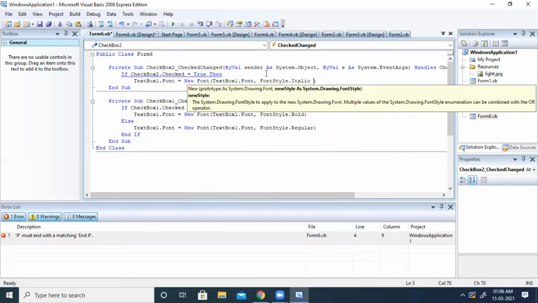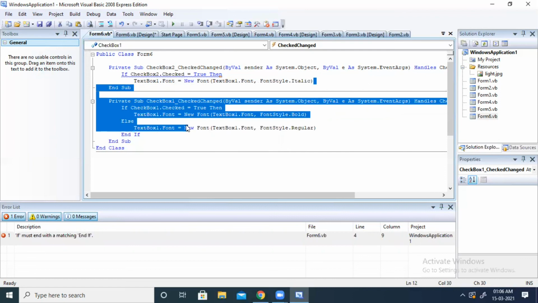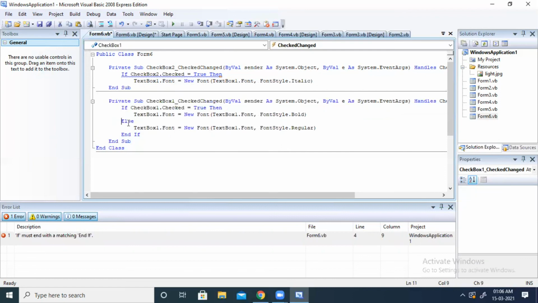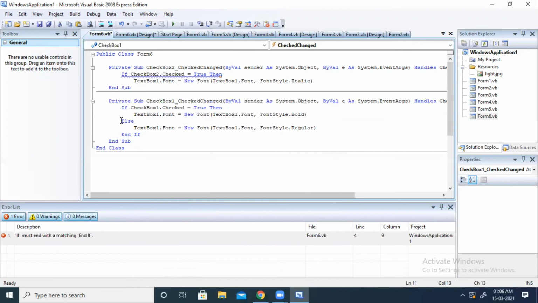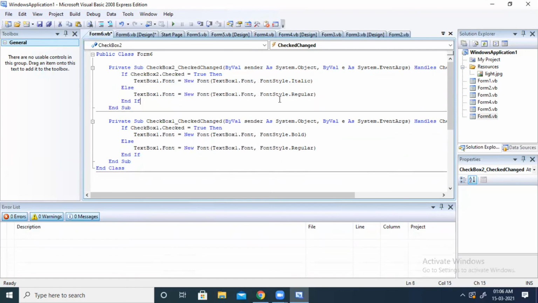Now, same way, we are going to copy this. Okay, now let us move to the design part.